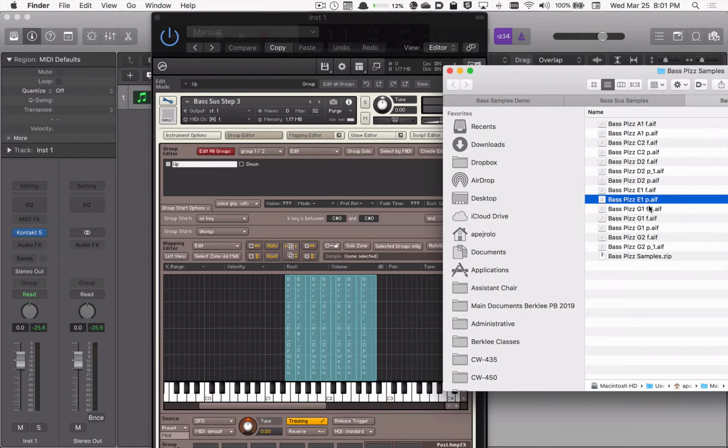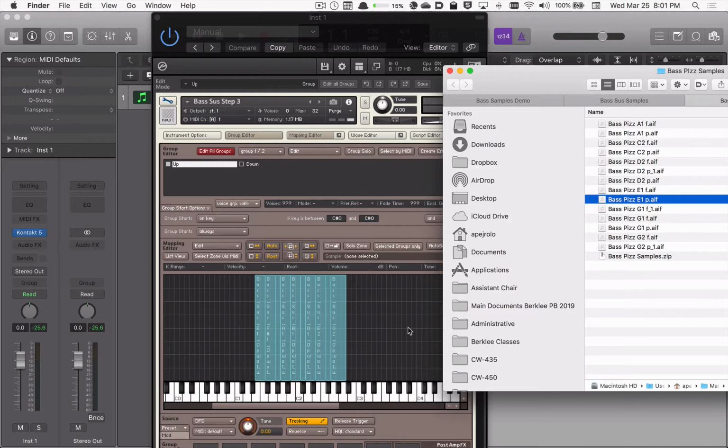And see, they have two different dynamics. So it will require a little bit of work here. And in order to make it easier, I'm going to first do all the assignment in a different octave and then drag the samples down because it's going to be a little bit easier. So I'm going to just take the E1